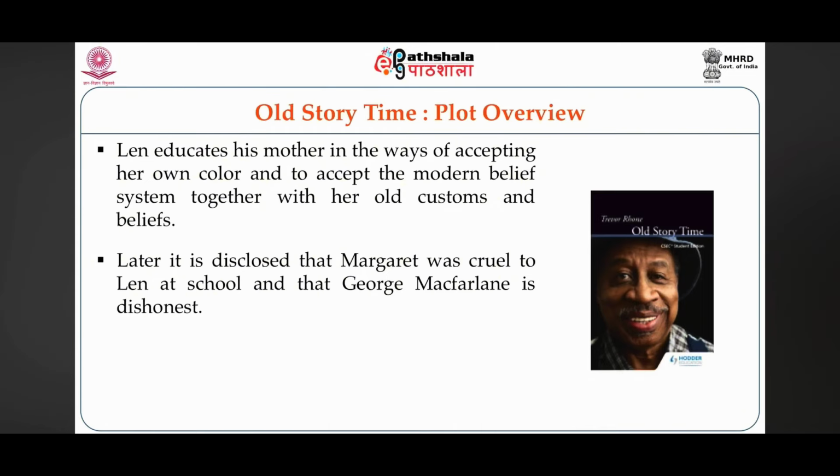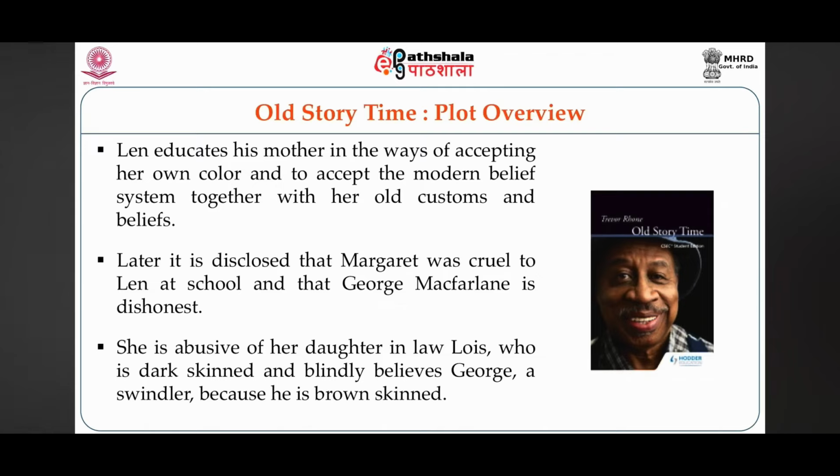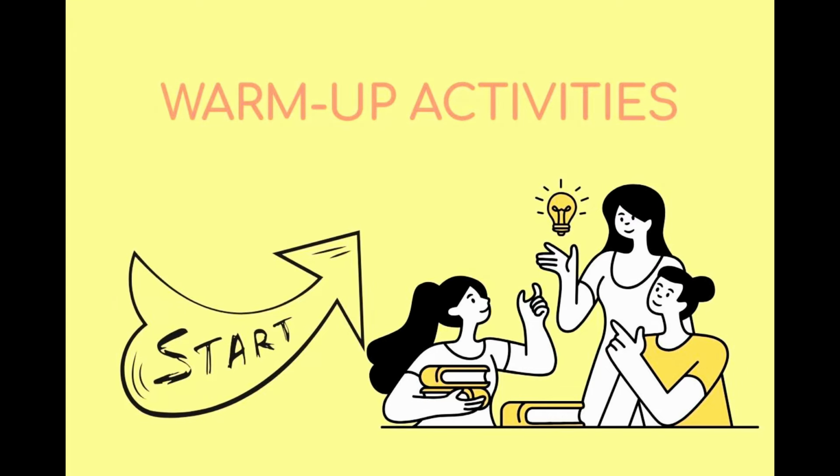Though she is abusive of her daughter-in-law Lois, who is dark-skinned, and though she blindly believes in George, a swindler, because he's brown-skinned, and her character is in a way obsessed with whiteness, later she changes her opinion when Lois and Len